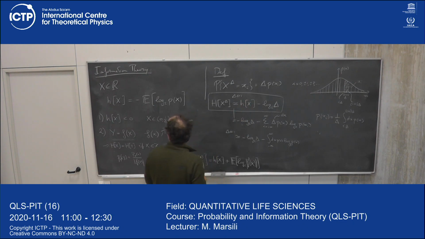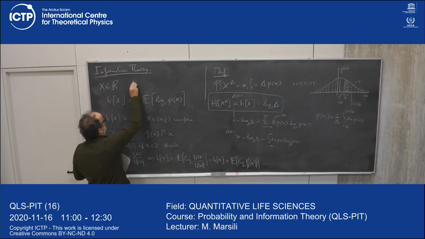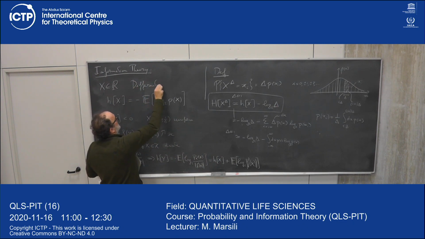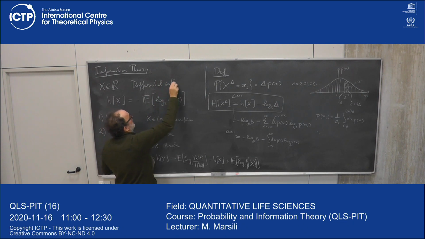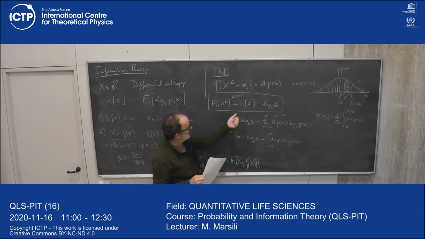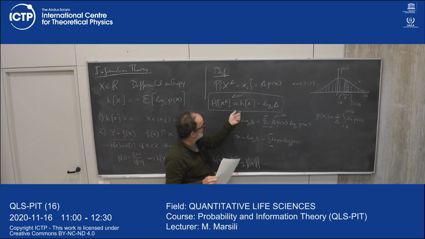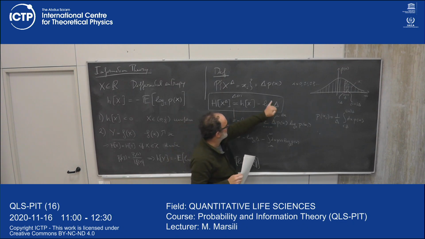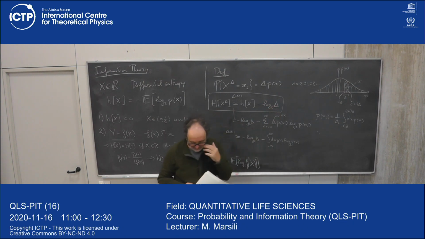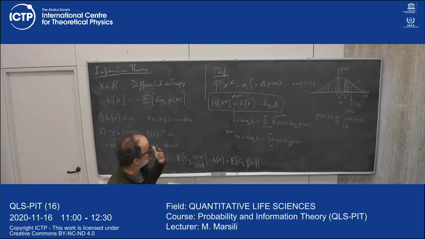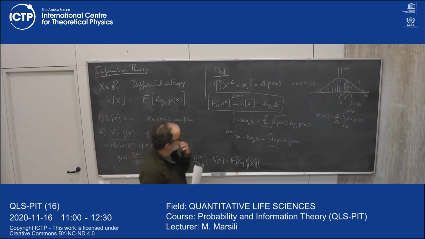And this object is called differential entropy. It's called differential entropy because it tells you the difference between this, which is, if you want, the number of bits in a real variable